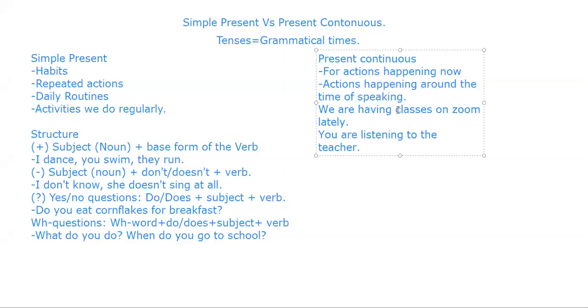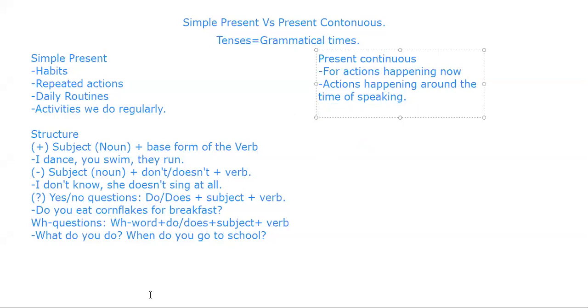Why? Because maybe last Friday we had classes on Zoom. Today we have classes on Zoom. Tomorrow, no. Well, on Wednesday we're going to have classes on Zoom again. So that is an activity, an action that is happening around the time of speaking. Okay, around the time of speaking. So how can we see that then to understand it better? Let me erase this example. When I say around the time of speaking,